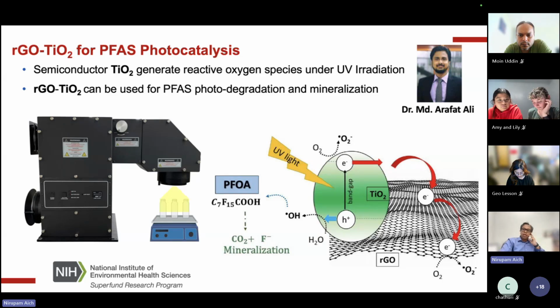So you can use PFAS with titanium dioxide, but you can also put them on the graphene surface. Again, we are trying to improve the efficiency of the metal nanoparticle by putting them on graphene, because once you connect the metal nanoparticle with the graphene, you can enhance their reactivity too. So the photocatalysis activity can be more effective and can absorb and degrade PFAS more.